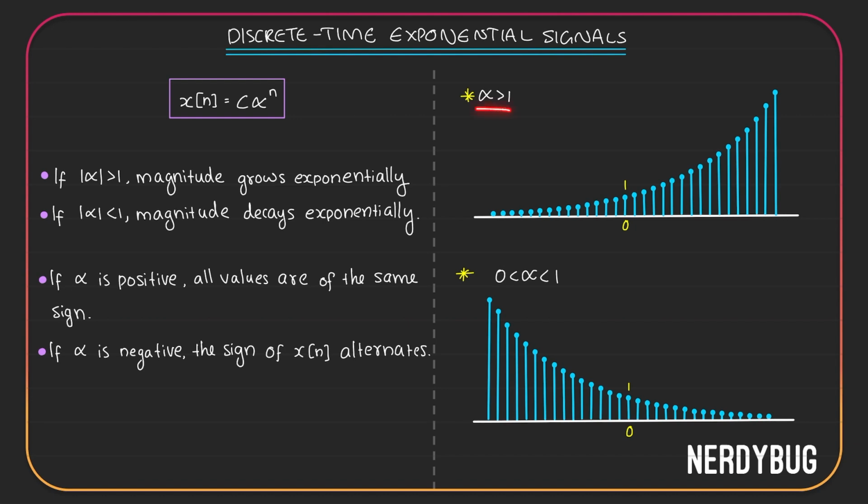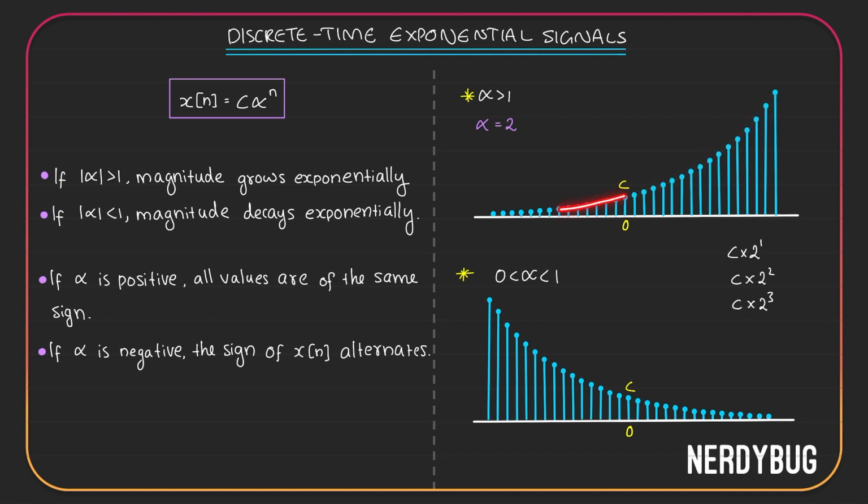Over here, I have an alpha greater than 1. Let's take a value, alpha is equal to 2. Obviously, at t equal to 0, we will get C alpha raised to 0, which is just C. That is what I have shown here. If we go to this side, we will first get C times 2 raised to 1, 2 because alpha is 2. Then C times 2 raised to 2. Then C times 2 raised to 3. It goes on like that. Obviously, it is exponentially increasing.